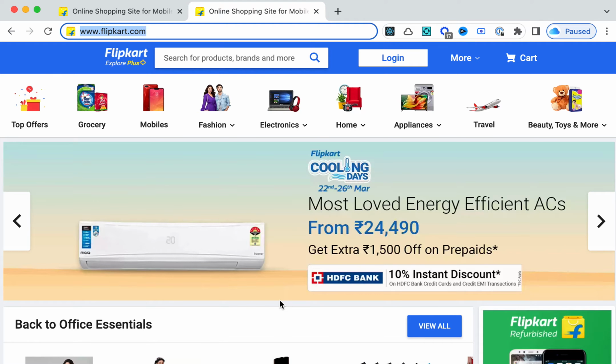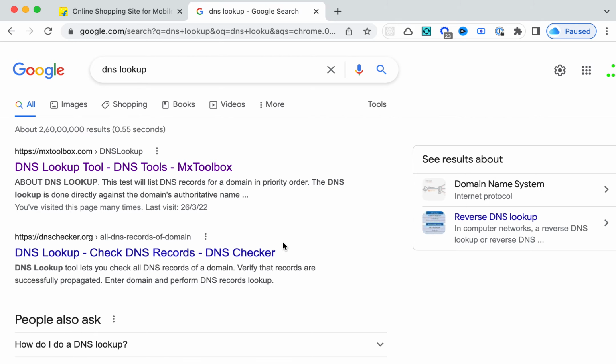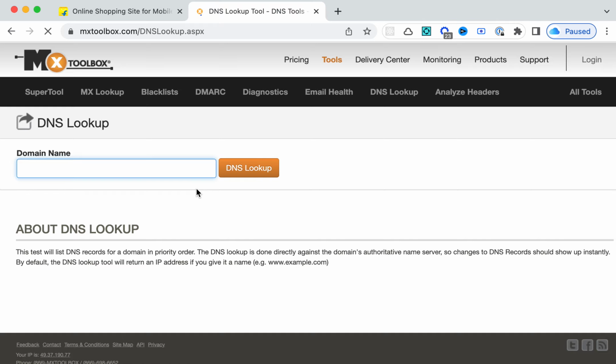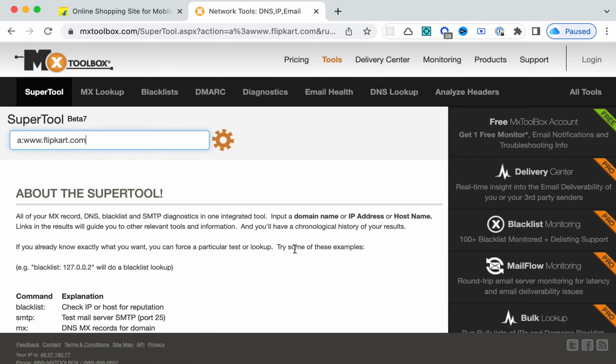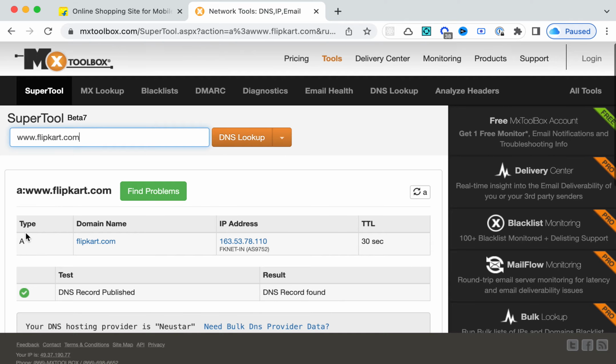If you simply Google the term DNS lookup, you will get some results, and let's try the first one. Essentially what we are trying to do is get the DNS records of this domain name, and if you enter, you will see that it is trying to get an A record. A record means address record, right? We might study it in detail later, but for now it is enough to know flipkart.com, and